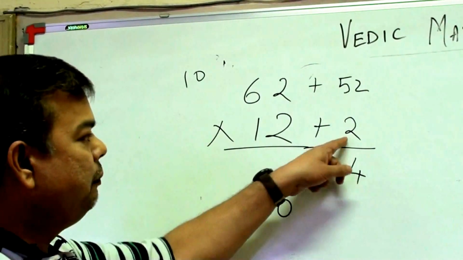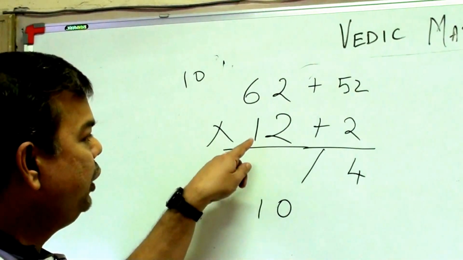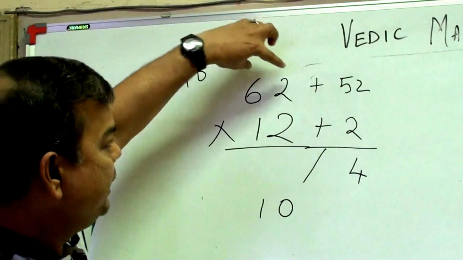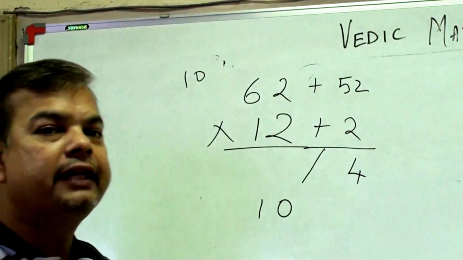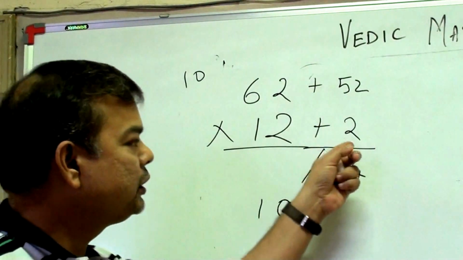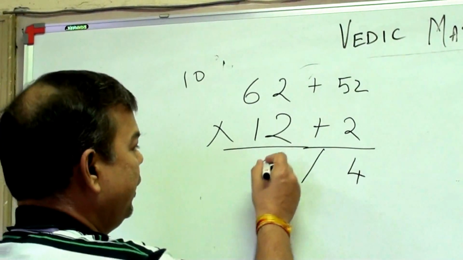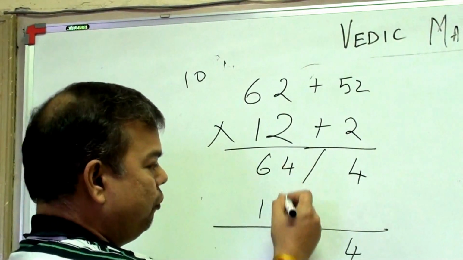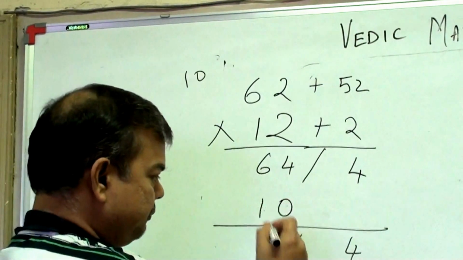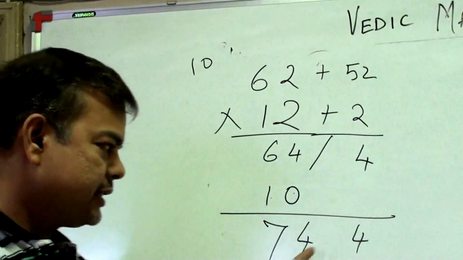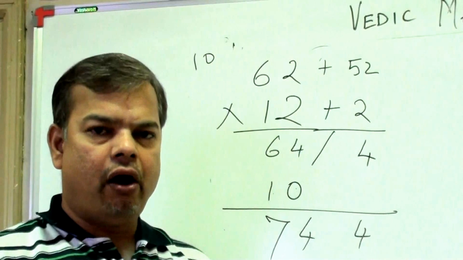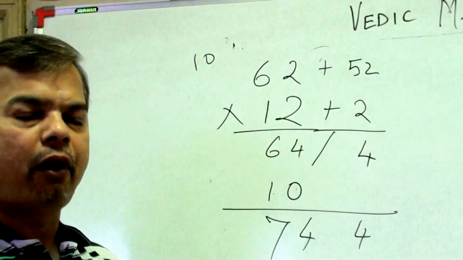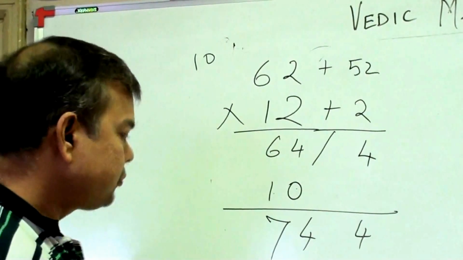After that, multiplication is over, we will simply do cross addition. Now adding 62 with 2 is simpler, so we get 62 plus 2, 64, and then the total we will get 4, 4 plus 0 is 4, 6 plus 1 is 7. So answer is 744. Now how we can solve this problem quickly?